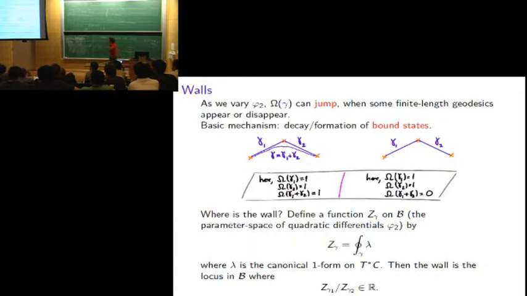Well, suppose I want to know how they're going to change. I'm not satisfied just with knowing that they could change. First question, where will the wall be? That question, it turns out, is easy to answer. What you do is you define some functions on the parameter space of quadratic differentials, functions on B. Namely, for each cycle in this curve sigma, I just take the period of a canonical one form. Since we're in the cotangent bundle, there's this canonical Liouville one form. Just take the period of that one form over my cycle. So that defines for me, for every cycle, for every gamma, a corresponding number, which depends on where I am on B.